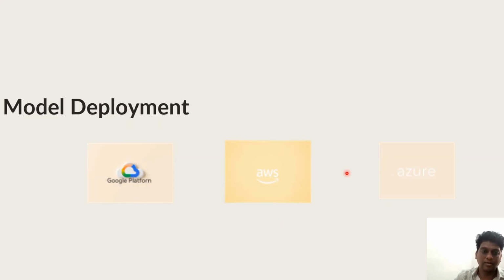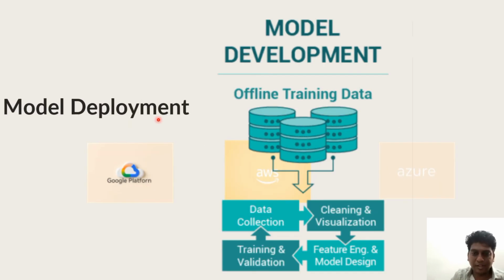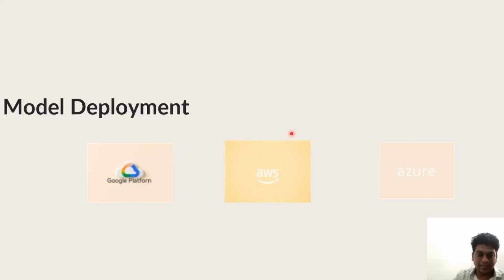Then deploying the model. Model deployment normally refers to the process of making a trained machine learning model available for use in a production environment. It involves integrating the model into a system or app so it can process new data and generate predictions or decisions. The key steps are model packaging, environmental setup,